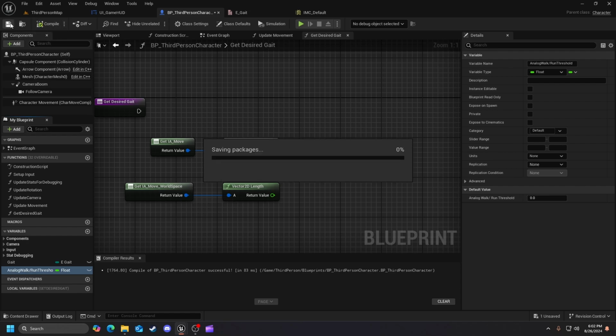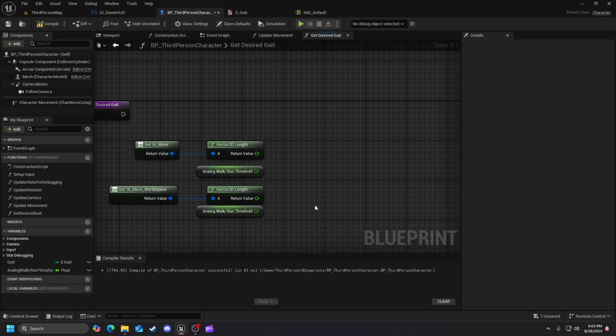So go ahead and compile and save that, and the value we're going to give this is 0.7 for our threshold. That basically means out of 100% of a stick movement, anything 70% or above means that we are full on walking, running, whatever, or we're either walking or we're running. And the 70% threshold basically is our indicator that we are running, or even maybe going even faster, like sprinting. So go ahead and Control-click and drag that on there,